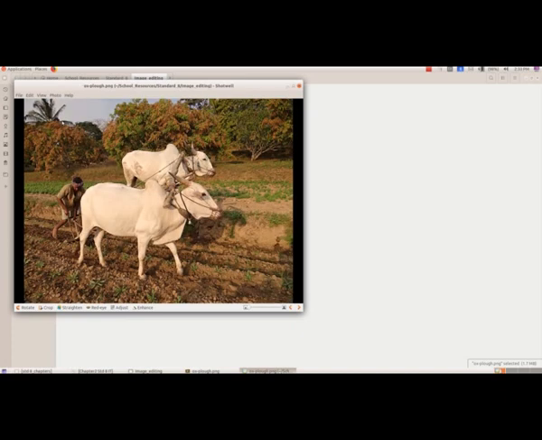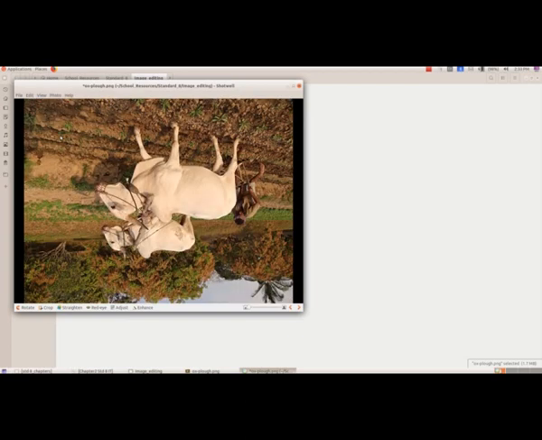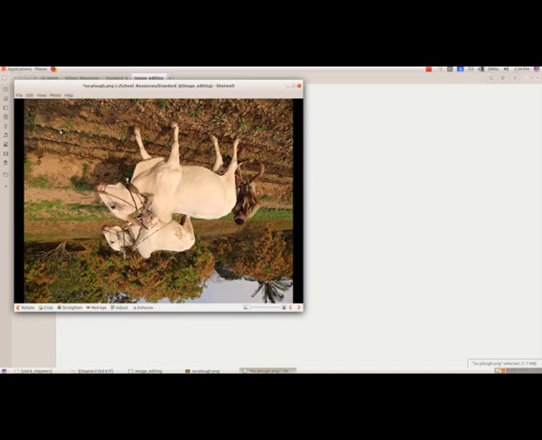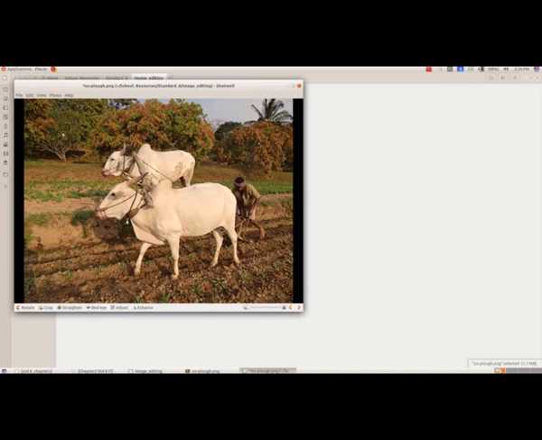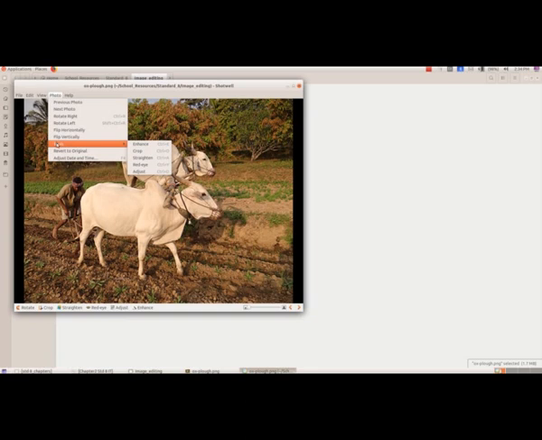Rotate left and then flip horizontally, flip vertically. Those are the different options under photo. Flip horizontally, flip vertically, and then we have the tools.